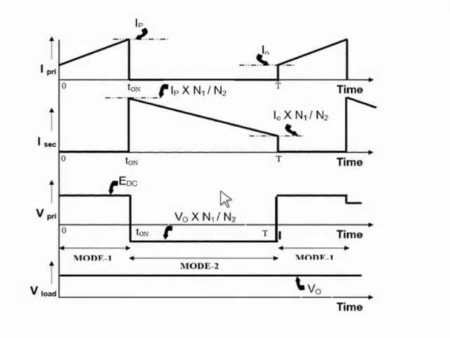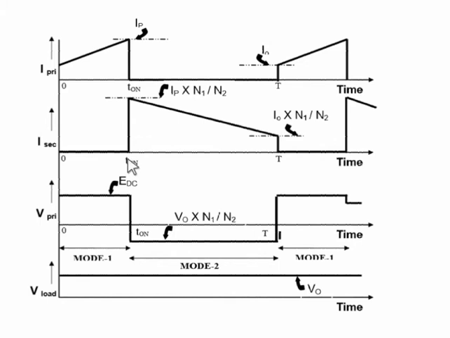This is the waveform of the flyback converter. When switch S is turned on at t equal to 0, the primary current rises linearly from the minimum value to the maximum value. So the current will flow from the primary side in this manner. When the switch is turned off, no current flows in the primary winding. Then again the switch is turned on, so the current rises linearly from the minimum value to the maximum value. Now the secondary current. When the switch is on, the diode is in reverse bias, so no current flows from the secondary winding during mode 1.